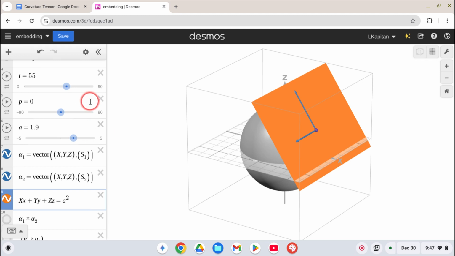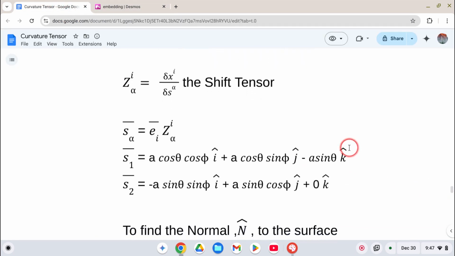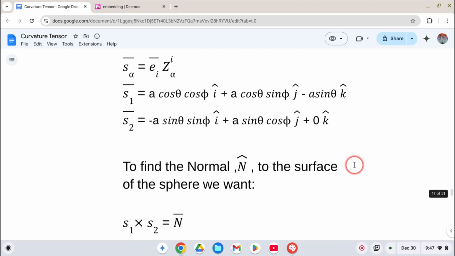All right. So let's go back to our document. We want to find the unit vector normal to the surface of the sphere. So we want to do the cross product of these two vectors. Okay. So in